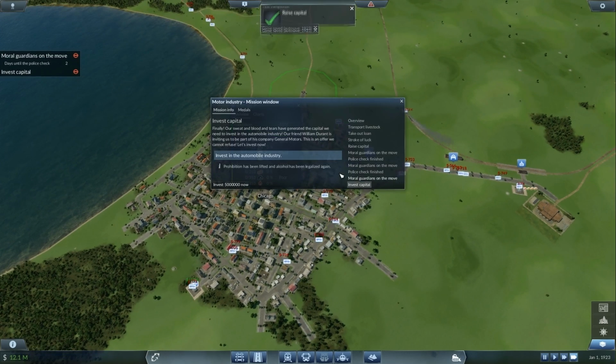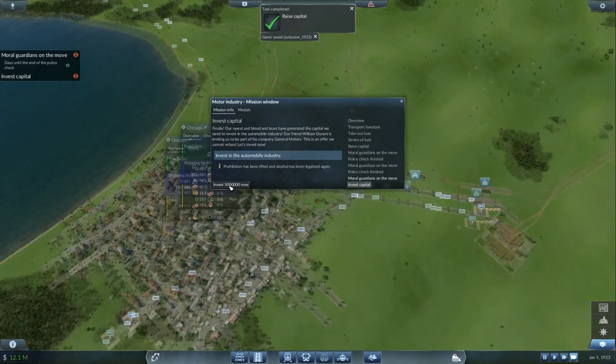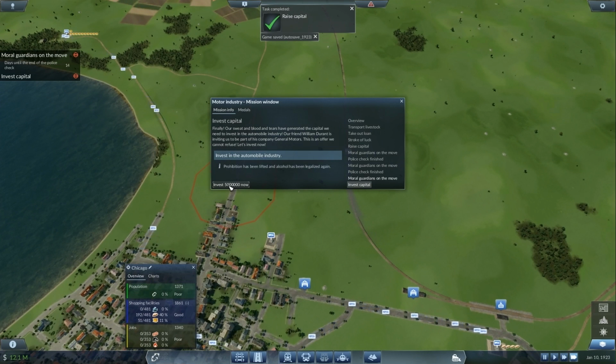Not bad. Finally, our sweat and blood and tears have generated the capital we need to invest in the automobile industry. Our friend William Durant is inviting us to be part of his company, General Motors. This is an offer we...